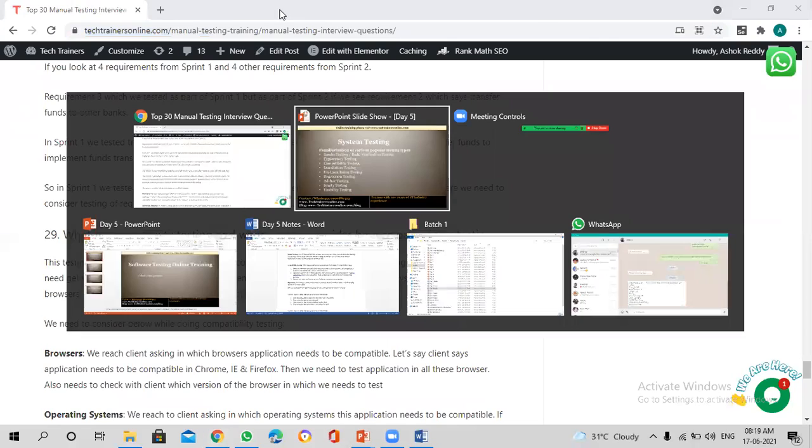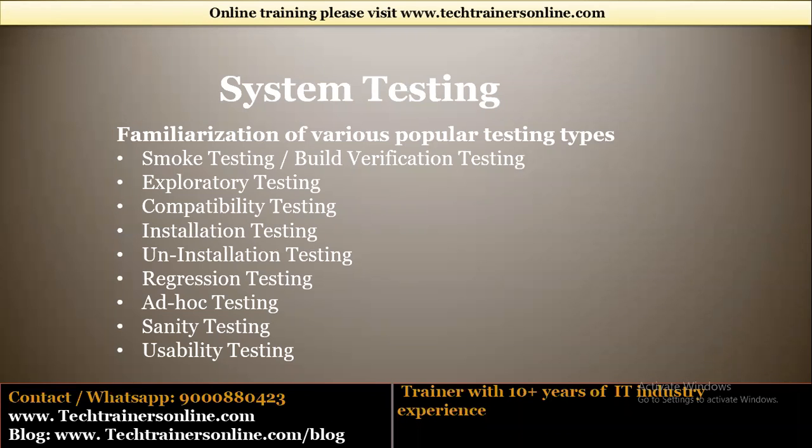If the Facebook login is not working, then you will not be able to do any testing. The major features come after logging into Facebook, right? The major functional testing in your banking application comes only after you log in to it. So that's what I'm trying to validate under smoke testing. Smoke testing is performed to make sure that the system is really ready for further testing. What I'm going to consider in this smoke testing is to click on each and every link and make sure that the particular page is loading or not.